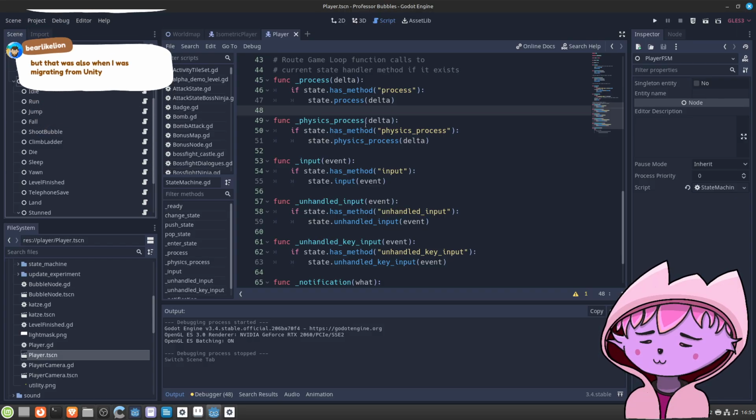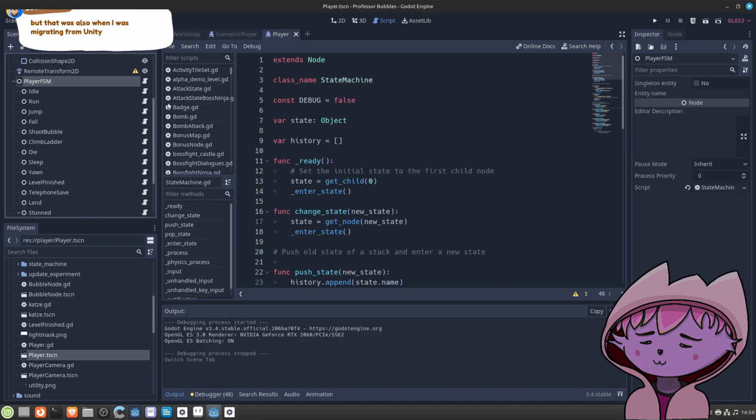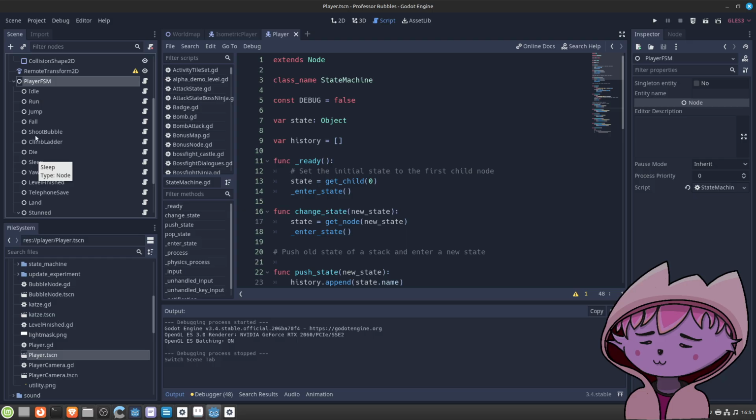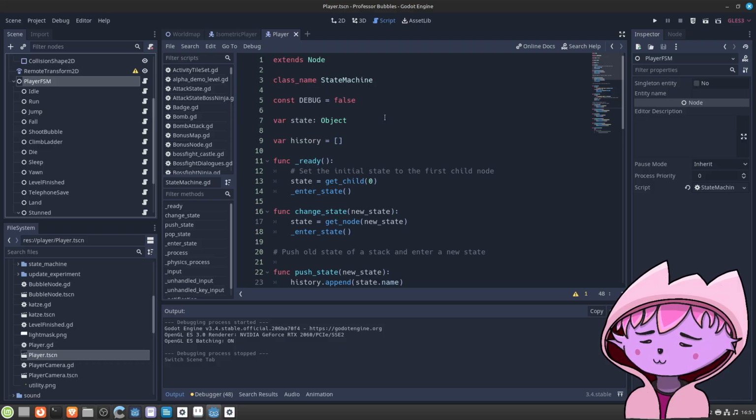Let's imagine this FSM handler script would have all these states, and the states would be stored as their own scenes. And so when a change state comes up, the state machine script would say, okay, we clean up that, we just get rid of the old state and we just spawn the new state.